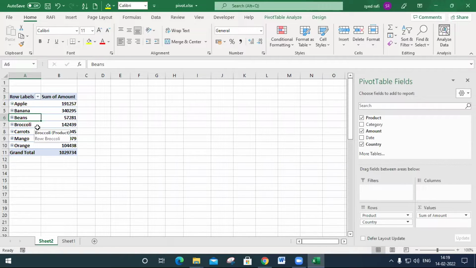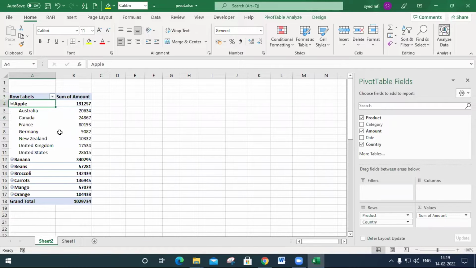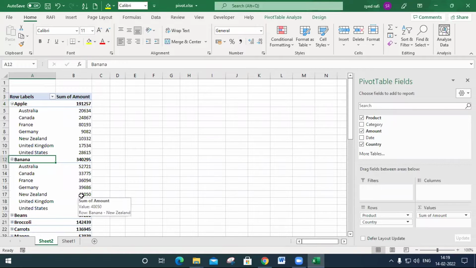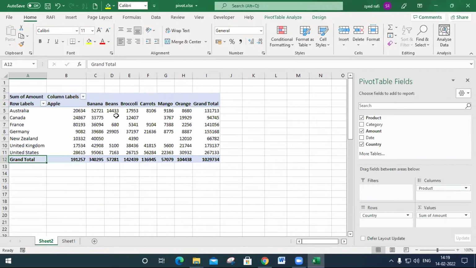So I want to expand this one. You just do one thing: by clicking on the plus mark, it will be expanded like this. So this is the pivot table. And also you may place products here in columns, all the products will be displayed column wise, and country must be